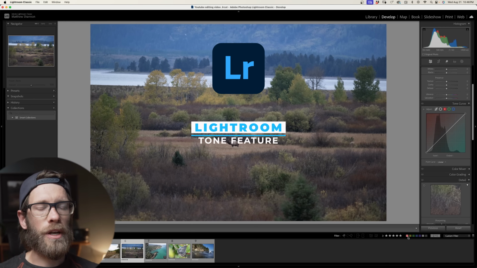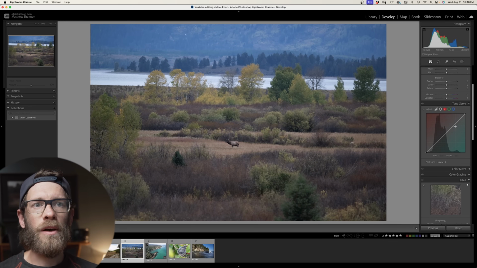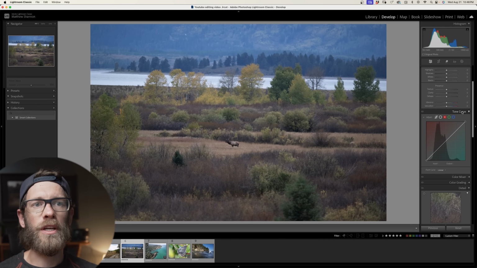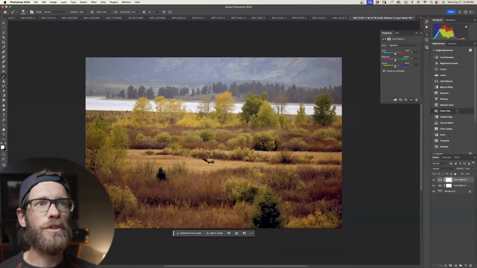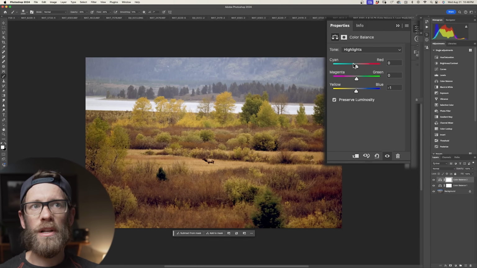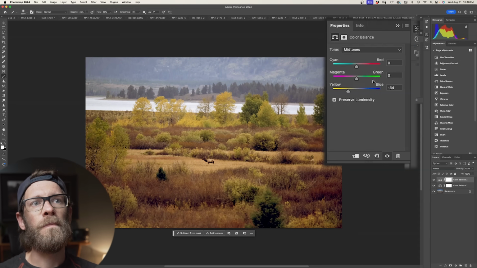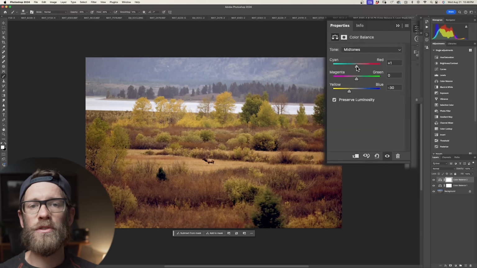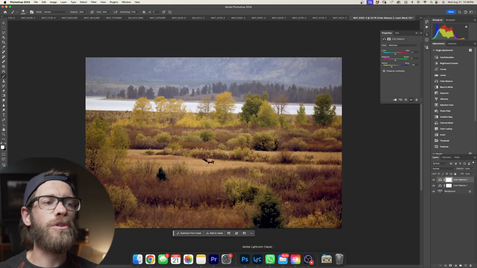So I'm in Lightroom right now, and if you come down to the tone curve here, if you find it folded up like this, open it up so you can see this. And if you remember in Photoshop, let's go over in Photoshop for a second. When you look up here on this properties, where you had all the sliders, and then you could select highlights, midtones, and shadows, you'll notice that it is the tone that we're selecting. So with the tone, we're selecting midtones, and then we have sliders from yellow to blue, cyan to red, that sort of thing. So if we go back over into Lightroom,